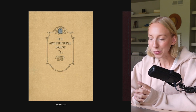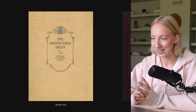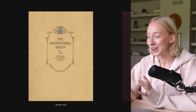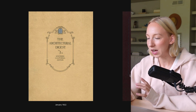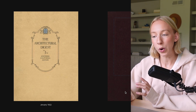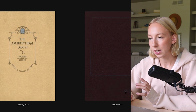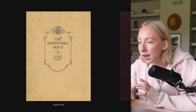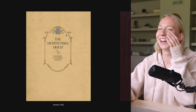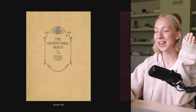So this is what the cover of the January 1922 magazine looked like. Very old. I don't even know what to say about this because it's just so old. It's very, I guess, ornate. This is Southern California edition. That's interesting. It literally says 1922 AD. Oh, I guess that means Architectural Digest. Oh my god, I'm so dumb. I thought it meant like...